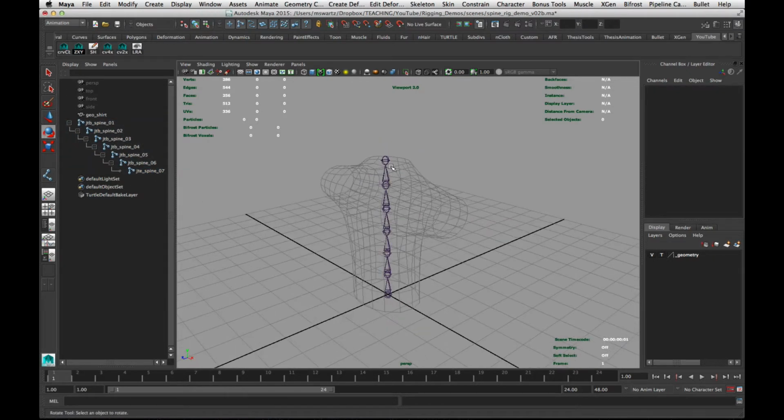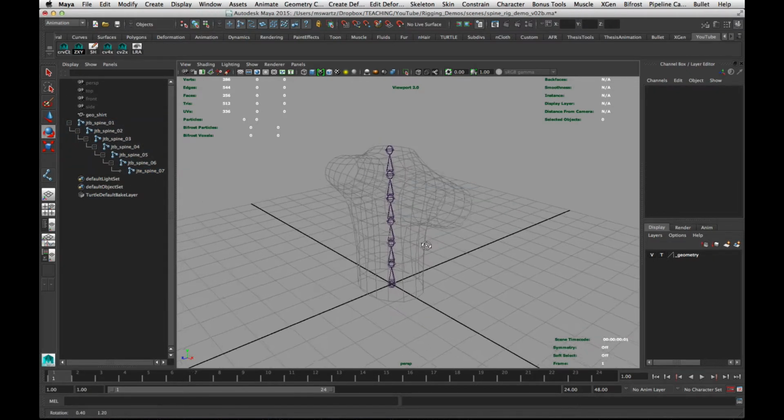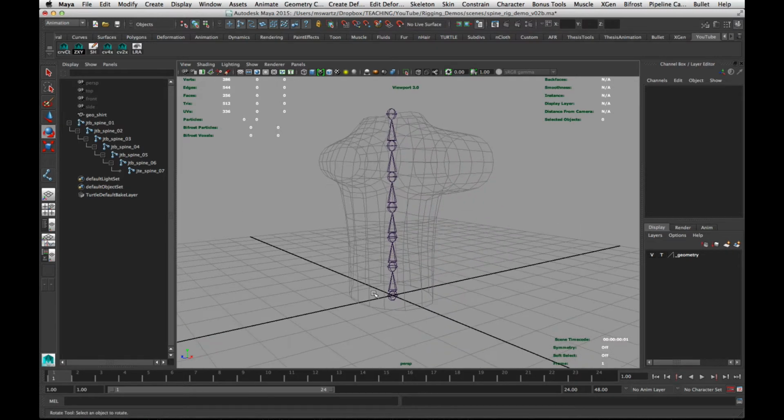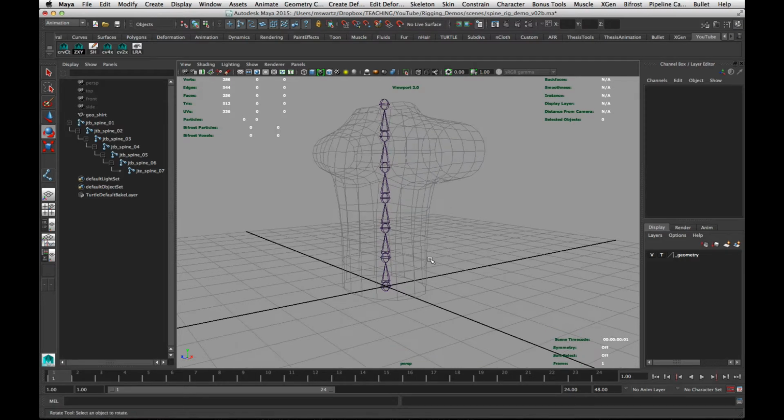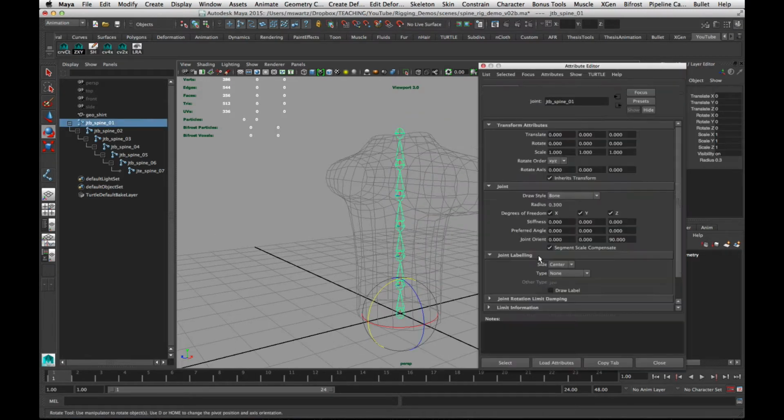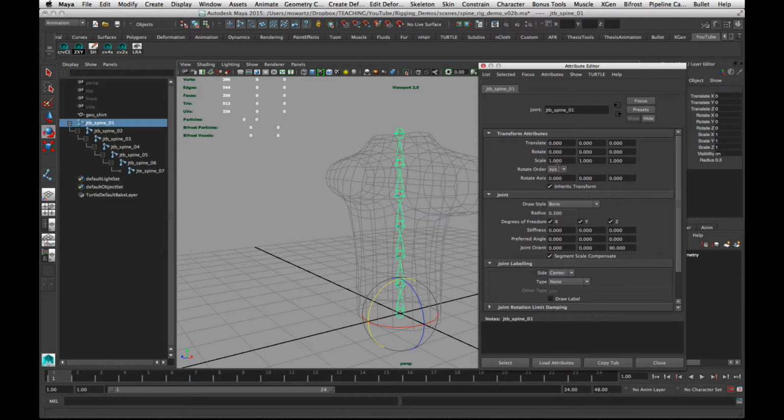All right, next step is we need to set up the rotation orders for all of these, and we're going to do this for all of the controls on the spine. They're all going to be ZXY. And to do that, you just go into the attribute editor and look in the transform of the joint, and you can see that there is a rotate order set to XYZ. That's the default in Maya, but in our case for the spine, we would prefer to have the rotations be